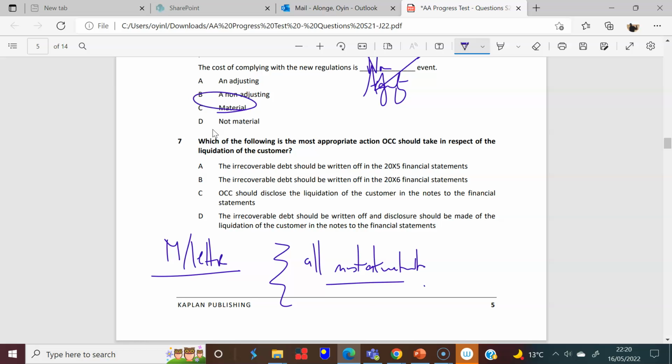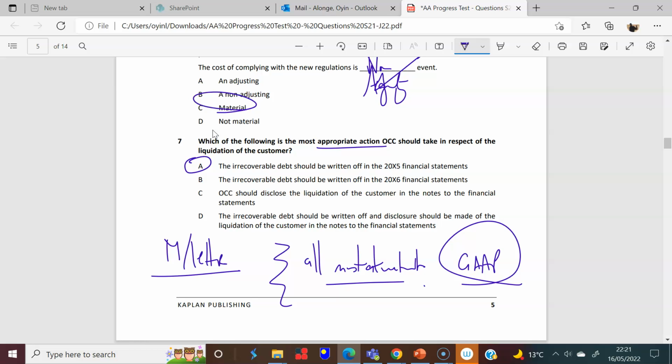All misstatements, making recommendations for these to be adjusted. So good accounting practice, which is what we're really saying here, is that we want to make sure the accounts themselves align as close as possible to the financial reporting standards, and so we wish to adjust all of these things anyway. So yes, it's not material, but we would prefer, it says most appropriate, if you like, that we want it written off. It's immaterial, and once you've written it off, there is no need to start disclosing. Disclosing starts to create the idea of giving it some importance, but it is immaterial. So you just write it off like you would a normal debt.